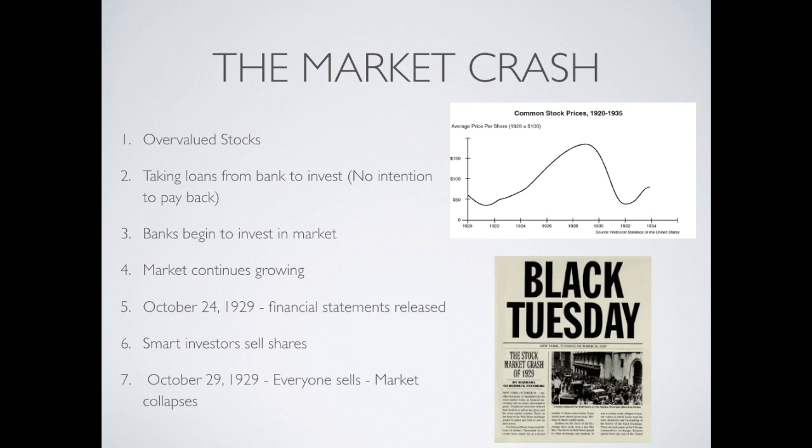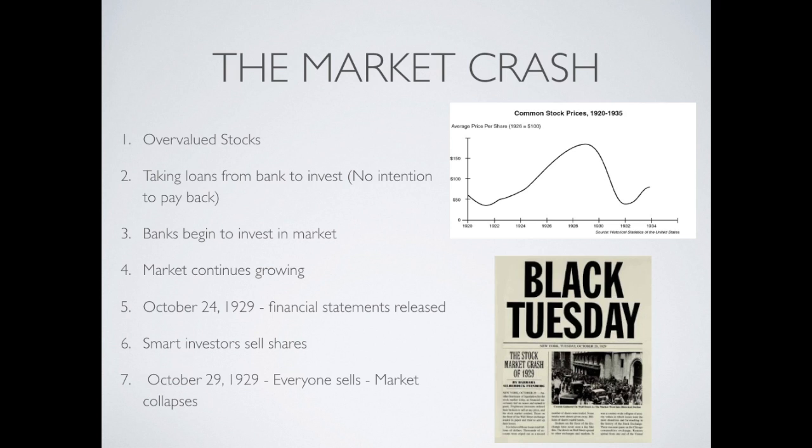In the 20s, the American and Canadian economy was so strong, almost too strong. Businesses were rich and everyone was stable. However, the stocks were overvalued. People borrowed money from banks to invest and get their share. Even the banks were using people's money to invest. On October 24, 1929, companies with investments published their financial statements. Bankruptcies were inevitable. Frantically, investors began to sell their stocks.